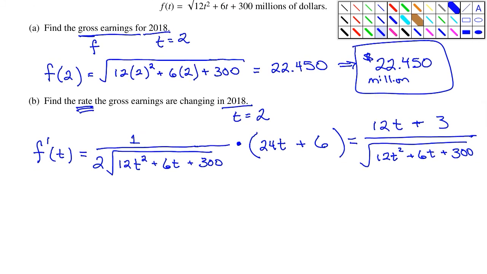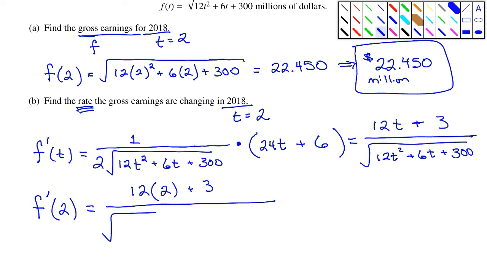To find the rate that the gross earnings are changing in 2018, we evaluate the derivative at t equals 2. So this becomes 12 times 2 plus 3 over the square root of 12 times 2 squared plus 6 times 2 plus 300. And that is equal to